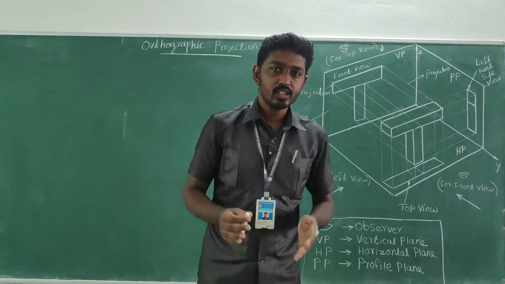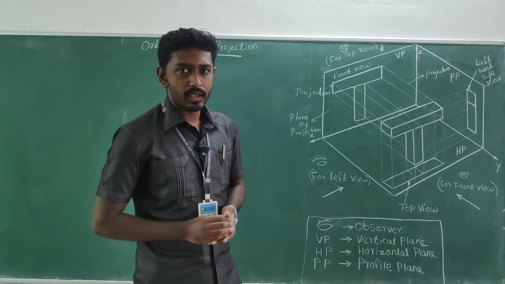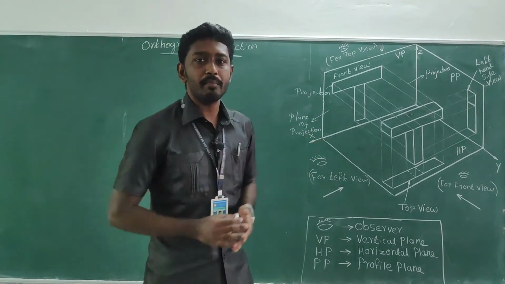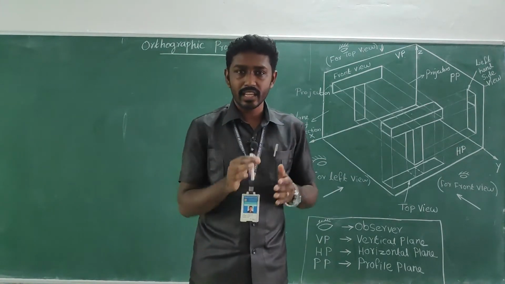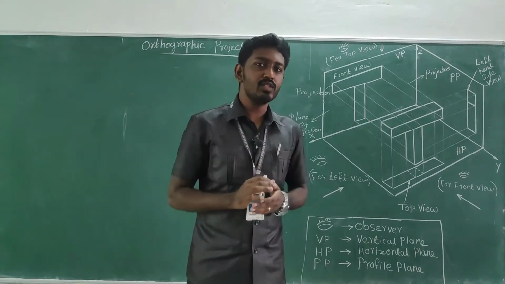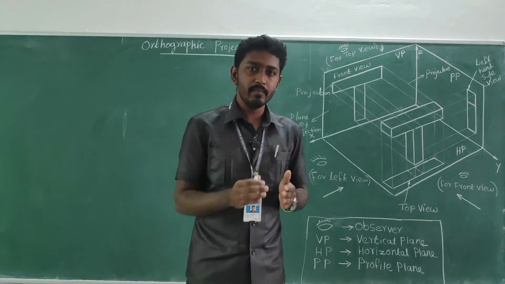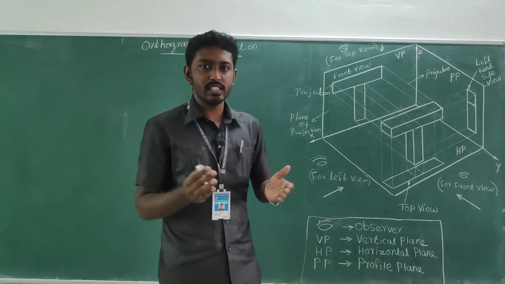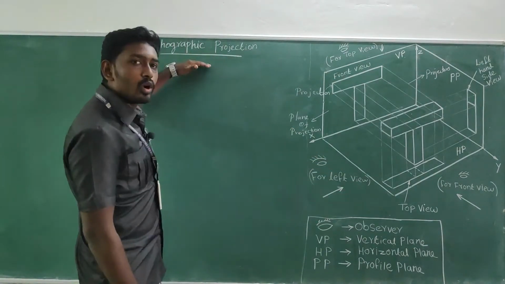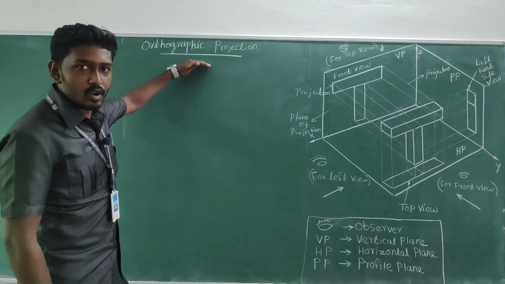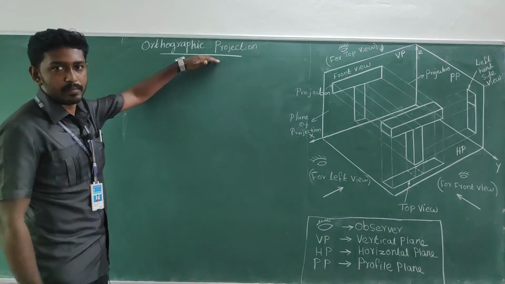Welcome, all students. The pictorial view or three-dimensional drawing cannot show the true shape or true size of the object. So in manufacturing areas like industry, pictorial views cannot be used effectively, right? So what they do is they go with 2D drawings. It shows the true shape and true size of the object. So here I come up with one of the presenting methods of two-dimensional drawing from the 3D, called orthographic projection.